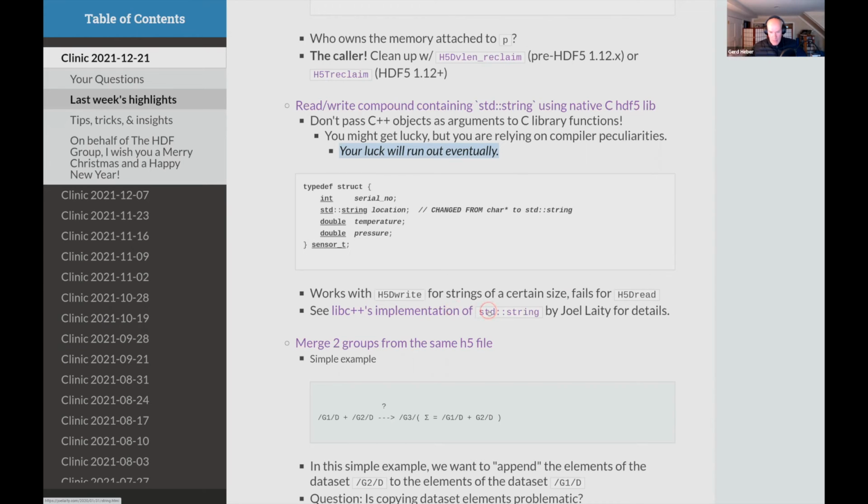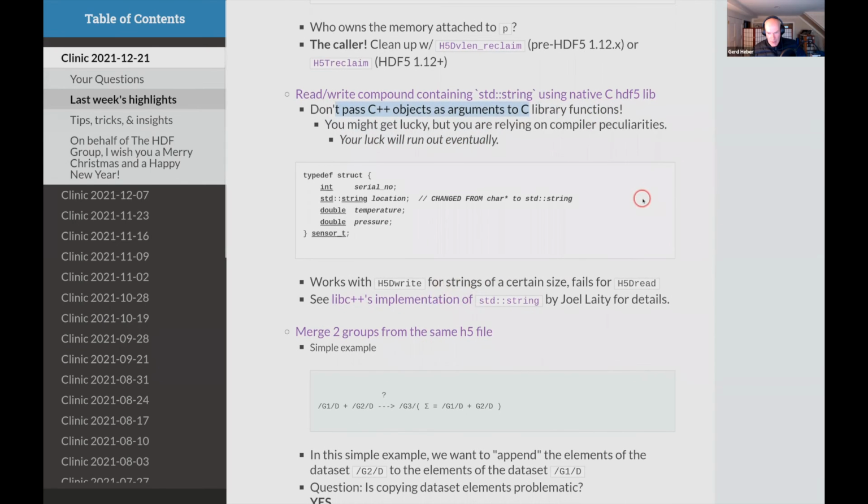The representation actually changes for longer strings, and that's only true for G++. So again, this is one more detail: even if you get lucky at some point, that's just dumb luck, as they say, so don't rely on it, don't count on it. As a rule, don't pass C++ objects as arguments to C functions.